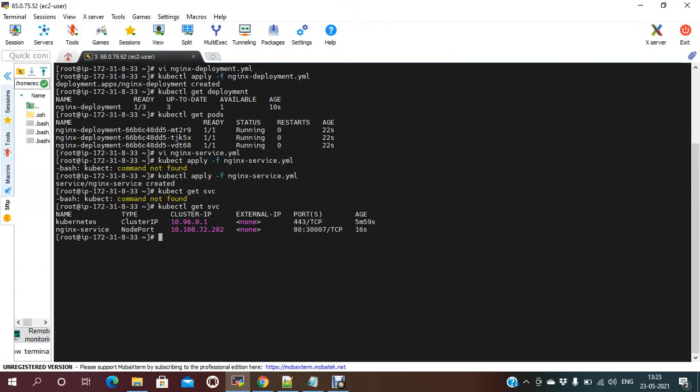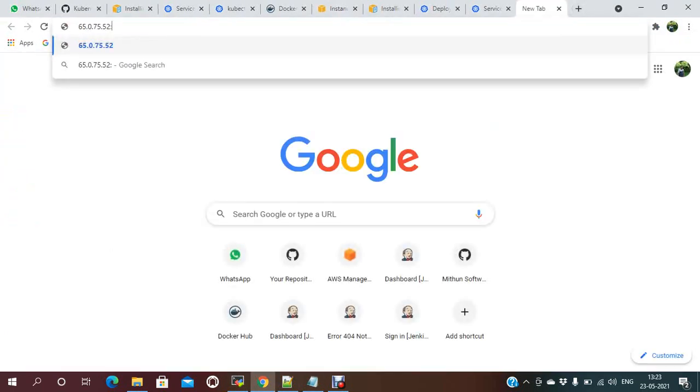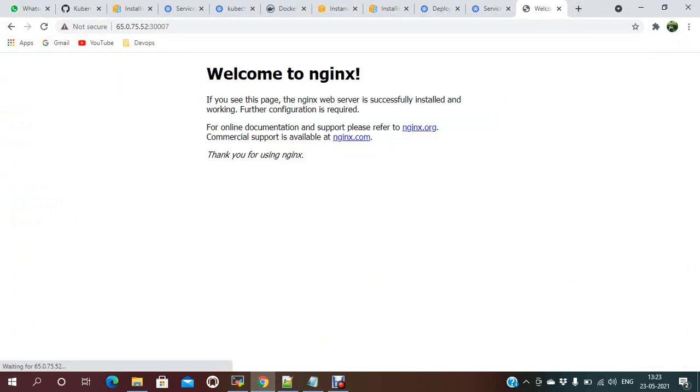The node port is 3007. See, Nginx is up and running. So like this, you can access it.